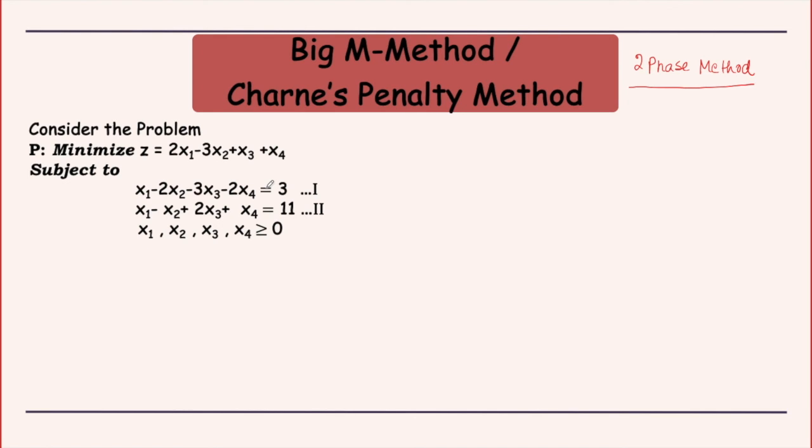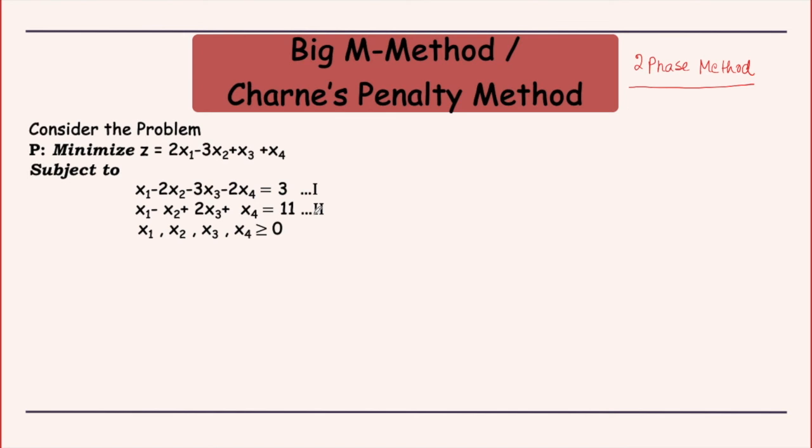Yes, ma'am, we will directly add artificials to both these constraints because we do not get the identity columns from these two constraints in the original form. There is no variable which is giving me coefficient 1 0, and there is no variable which is giving me coefficient 0 1, in the system as it is. So I do not have any variable which I can claim to be basic in this form. I may convert it to some other form and then find out, but if I refer to this problem straight away, I have no such variables.